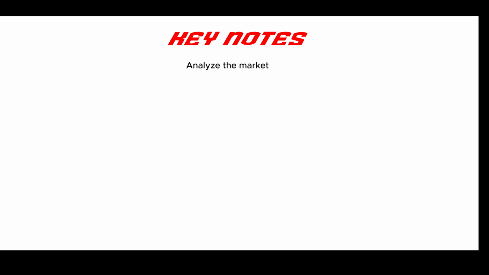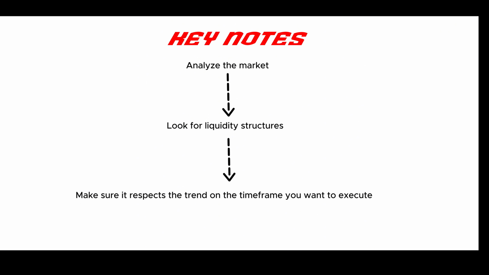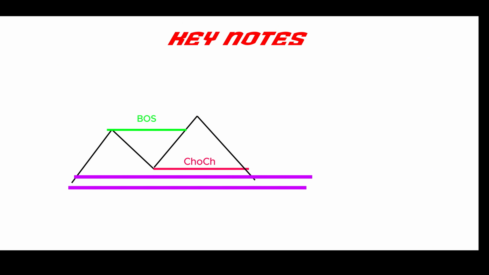First, analyze a market, then look if there is liquidity structure, as in a fair value gap, order block, demand, supply, and so on. If there is one, make sure it respects the trend on the time frame you are looking to open the trades. Because just like in this example, if the market is in an uptrend and prints a change of character, but there is a demand zone right below, well then the change of character is likely invalid because the market just wanted to fill the liquidity structure from below, and the push to the downside that caused the change of character was a liquidity sweep to take the stop losses of traders,